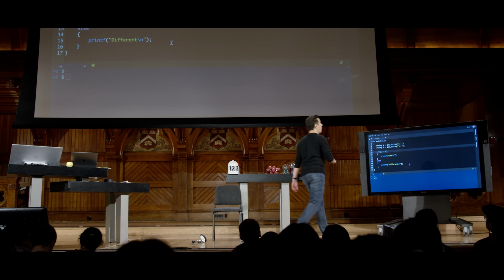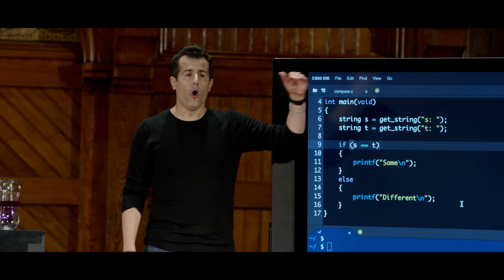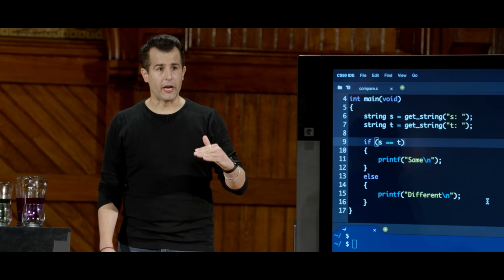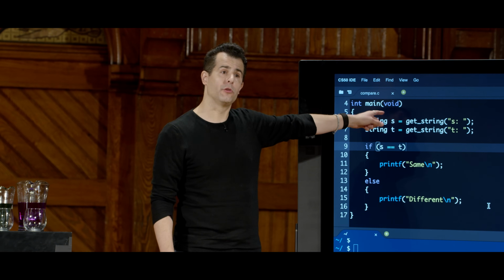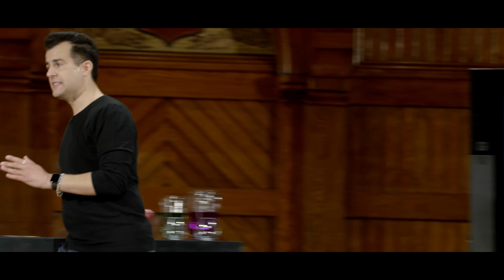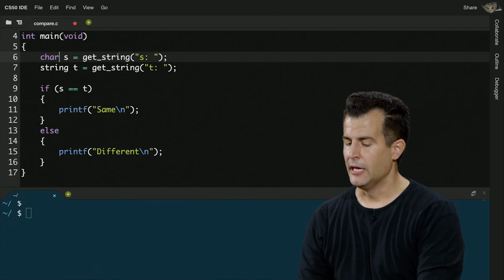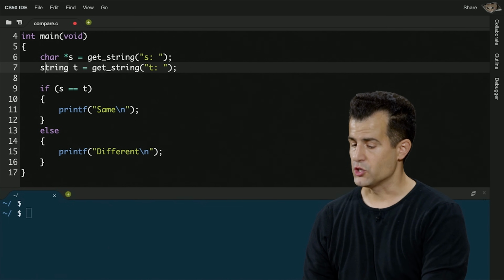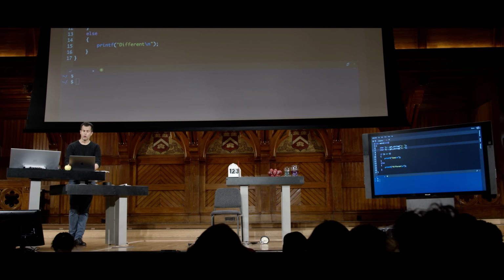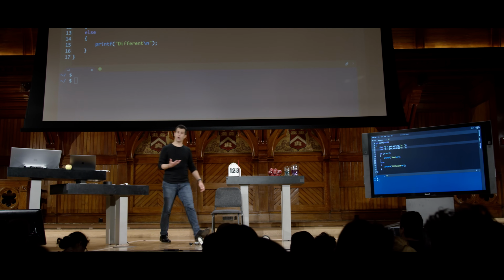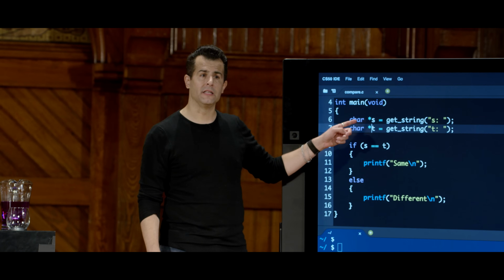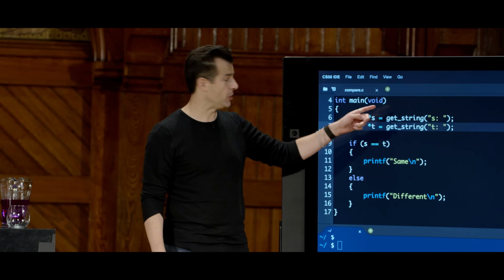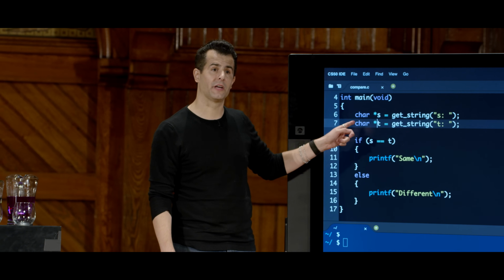That's a really good question, and let's answer it right here. All this time when you've been calling getString to get a string, you've probably been assigning it to a variable like I have here on line 6 with string s. But we know as of today that if we get rid of the CS50 library, technically string is just synonymous with char star. And so both here and with t, you technically have char star, right? It's just a find and replace if we get rid of that training wheel. Char star s just means s is storing the address of a character, and char star t means t is storing the address of a character.